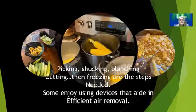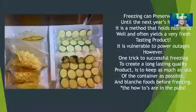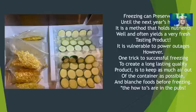So once you've done that, you can cut it, sauce it, put it in the container that you want to put it in, and then go from there. Some of the packages that are available now are really very helpful in pulling that air out of the package, because that is one of the tricks of keeping a good quality frozen food: pulling that air out, because it's the frost. You don't want frostbite on it. You don't want any air to